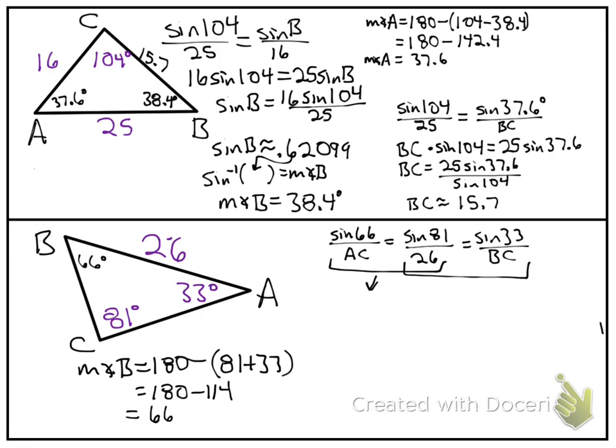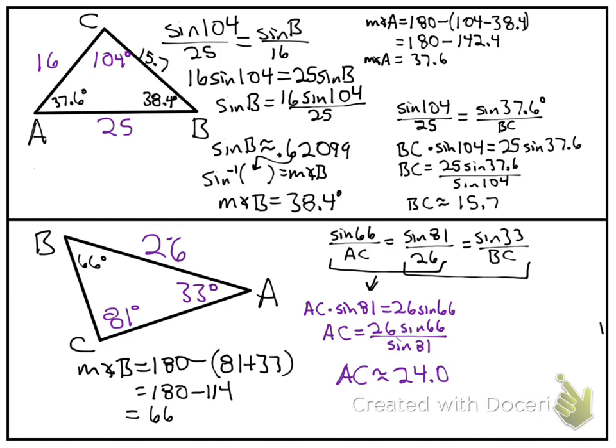So in this one, with cross product, we get AC times sine of 81 equals 26 times sine of 66. Then we have AC is 26 sine of 66 over sine of 81. So in our calculator, it comes out to be AC is about